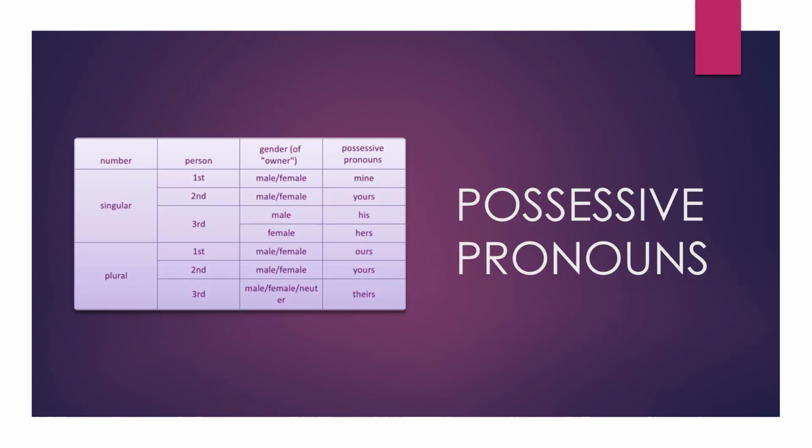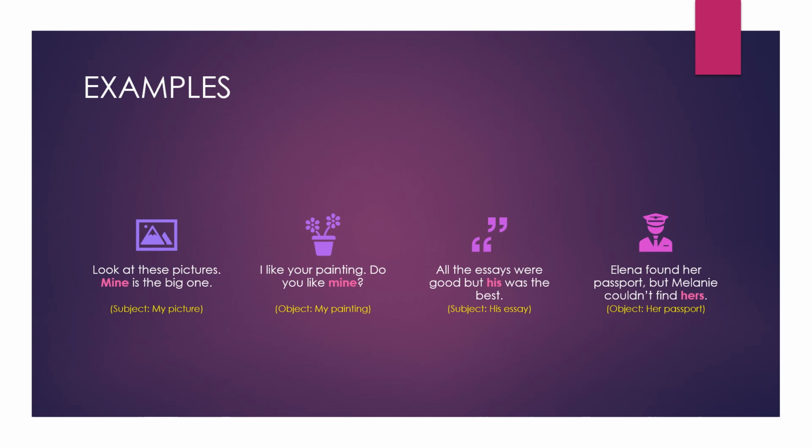What kind of words do we use for personal possessive pronouns? Again, they can be singular or plural based upon the number, first, second, or third. And the gender of the owner, whosoever possesses a certain thing, whether male, female, or maybe neuter. Depending upon that, we may have words like mine, yours, his, hers, ours, yours, and theirs as the possessive pronouns. Let us very quickly take a few examples so that things are clear to you in a better way.